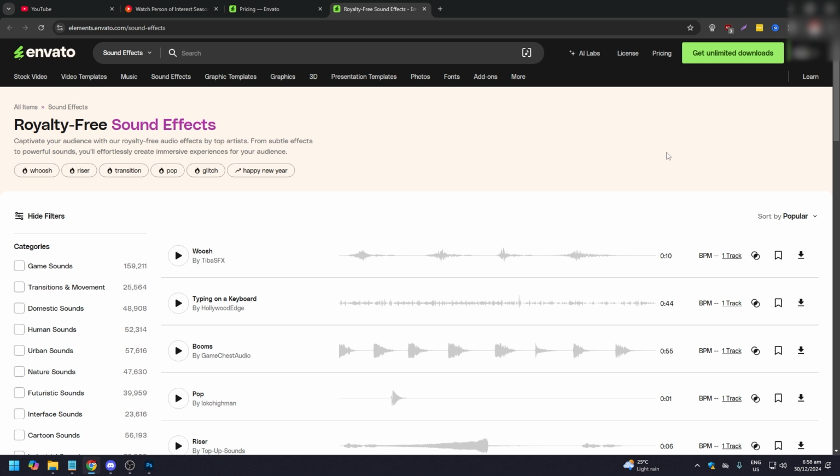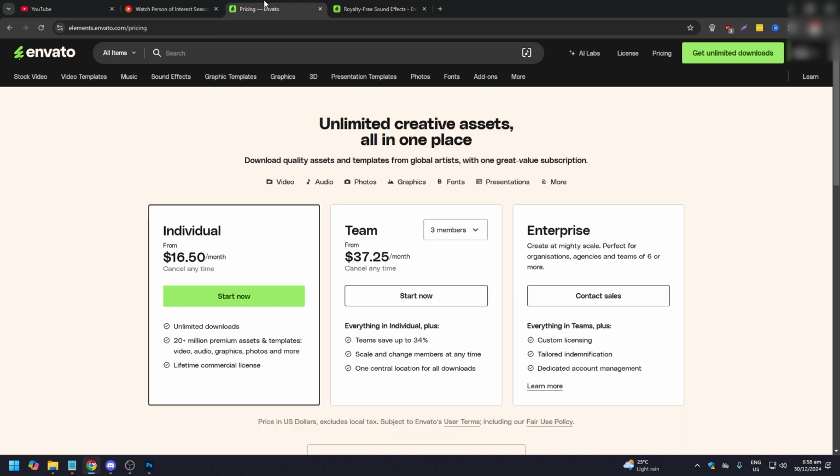But for me, if I had the money, I would go with Storyblocks 100%. It's much more expensive, but it doesn't have the hassle that Envato Elements has. But with that said, it is $60.50 for companies, agencies, $37.25 per month. It's great for 3 members, right? Envato Elements,